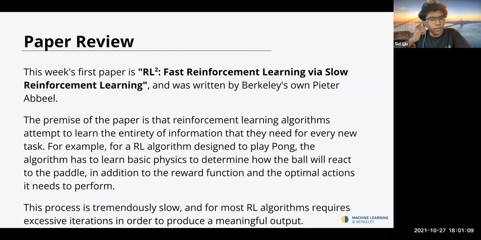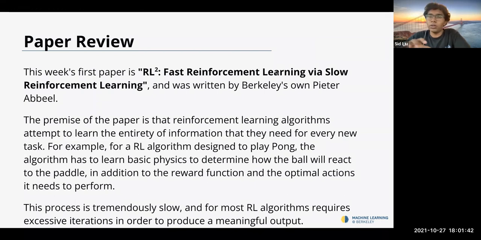So the premise of this paper is that reinforcement learning algorithms attempt to learn the entirety of the information that they need for every new task. As I mentioned on the last slide, reinforcement learning algorithms need to learn both information about the environment and information on how to act on it. The issue is that for a given reinforcement learning problem, learning algorithms currently tend to just learn everything about it. So if I made one reinforcement learning algorithm to learn how to play Pong,